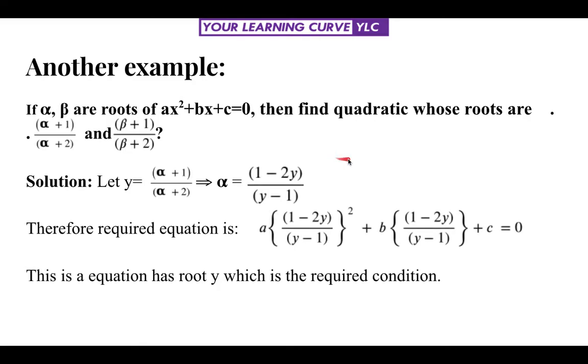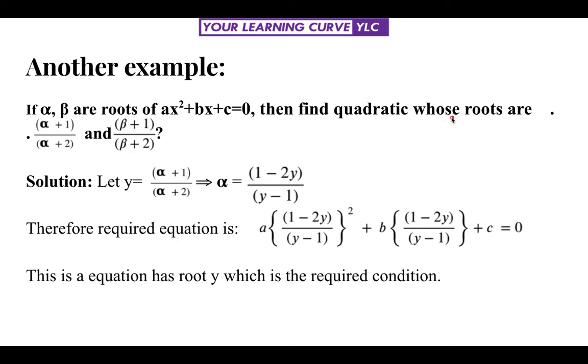Let us discuss one more example. If alpha, beta are roots of the given equation ax square plus bx plus c, remember it is always given that a, b, c are real and a is not equal to 0, because if a is equal to 0, then this will not be a quadratic equation, then we will be going by concepts of linear equations. We are discussing the topic of quadratic equations, so you can always assume a is not equal to 0.